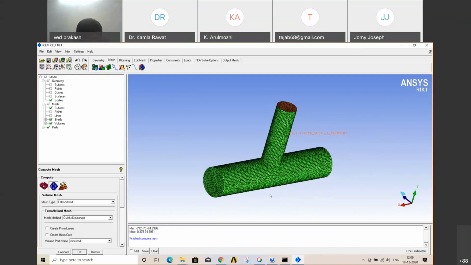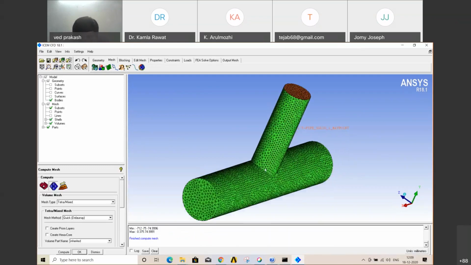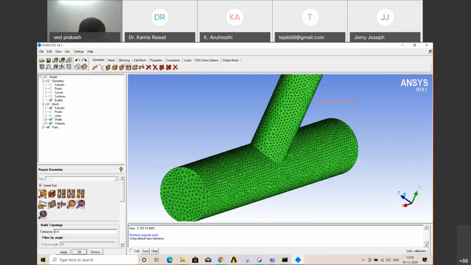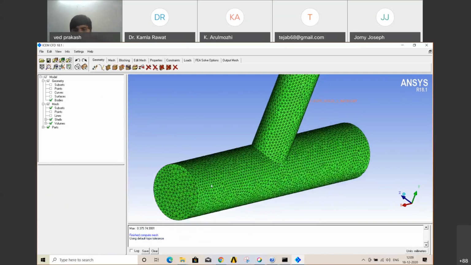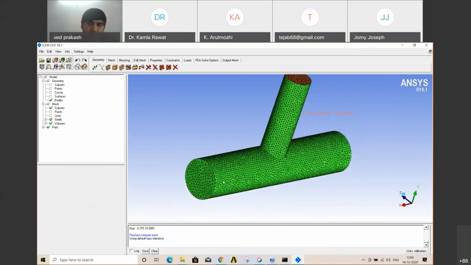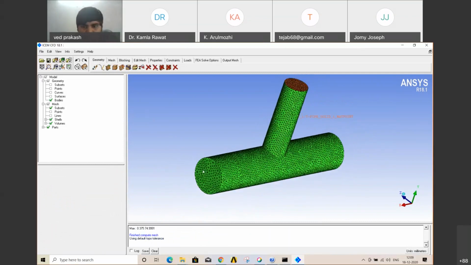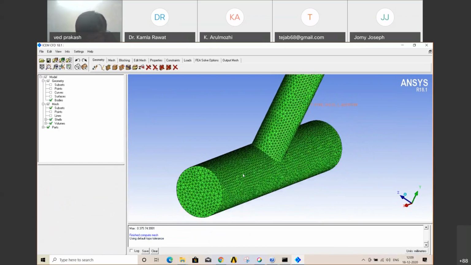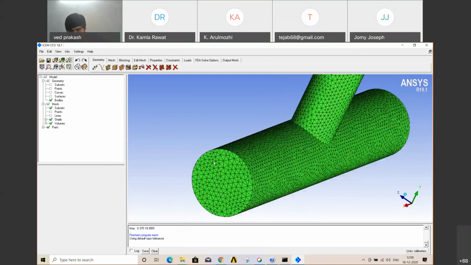Okay, there is some problem, I think, in our geometry, which we did not fix. Before doing anything, just go to geometry, and in the sixth option, there is a repair geometry. But you just get some idea how to create unstructured meshing. All right. Okay, so we created volume meshing. Now I want our mesh to be refined near the boundary for boundary layer effect.